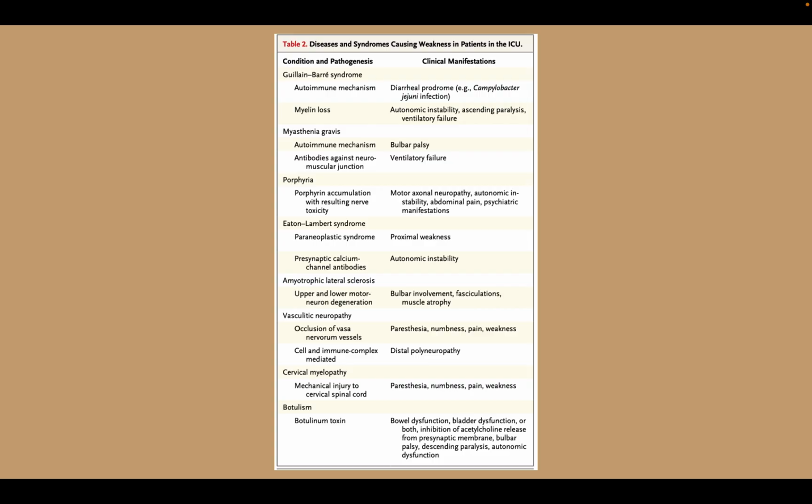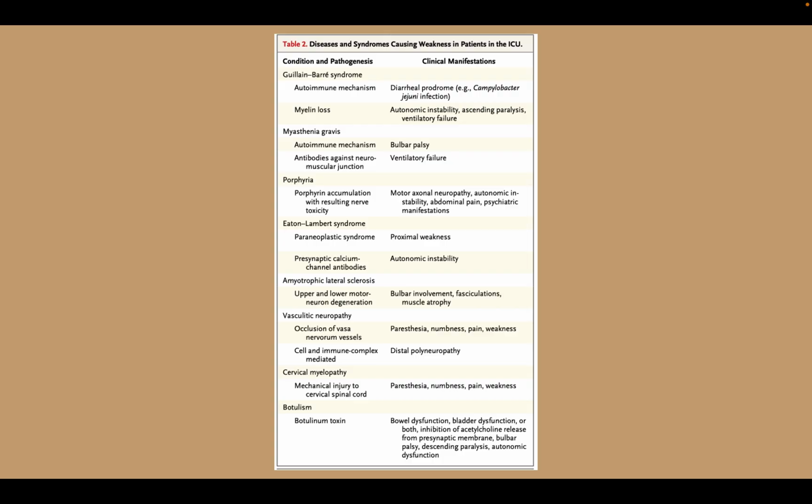Amyotrophic lateral sclerosis, having upper and lower motor neuron degeneration with bulbar involvement. Vasculitic neuropathy, where there is occlusion of vasa nervosum vessels, and it presents with paresthesia, numbness, pain, and weakness. Cervical myelopathy, which can be secondary to mechanical injury to the cervical spinal cord, and classically presents as paresthesia, numbness,